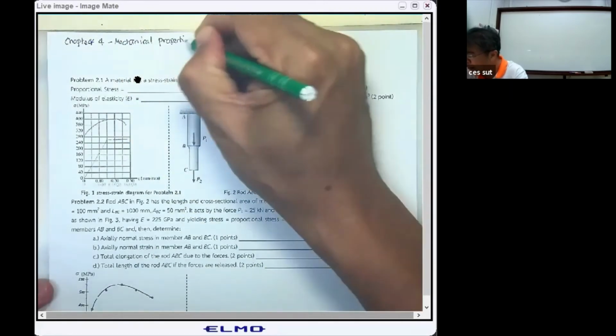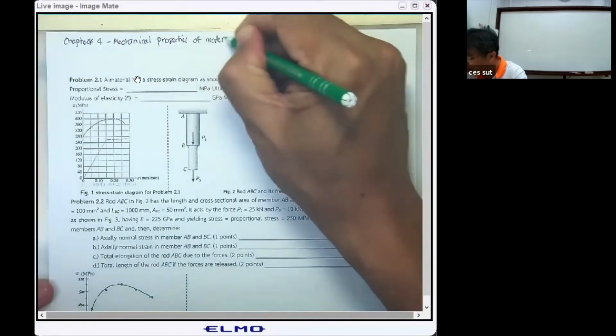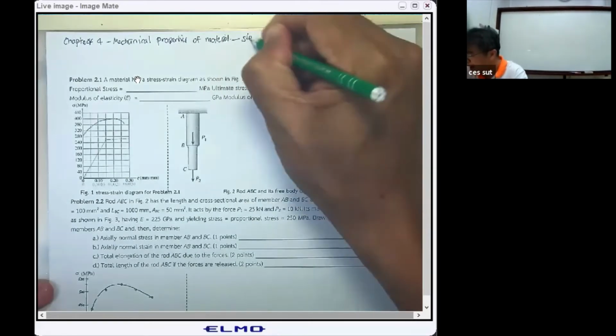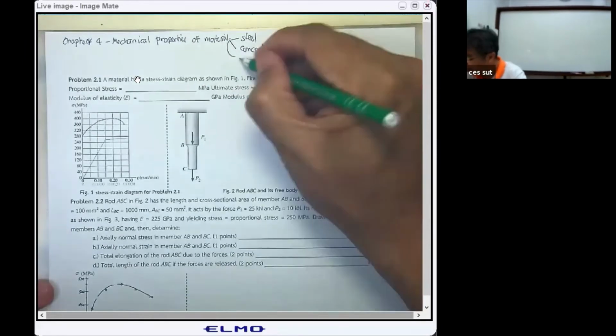The main materials that we are working on are steel, concrete, and also cast